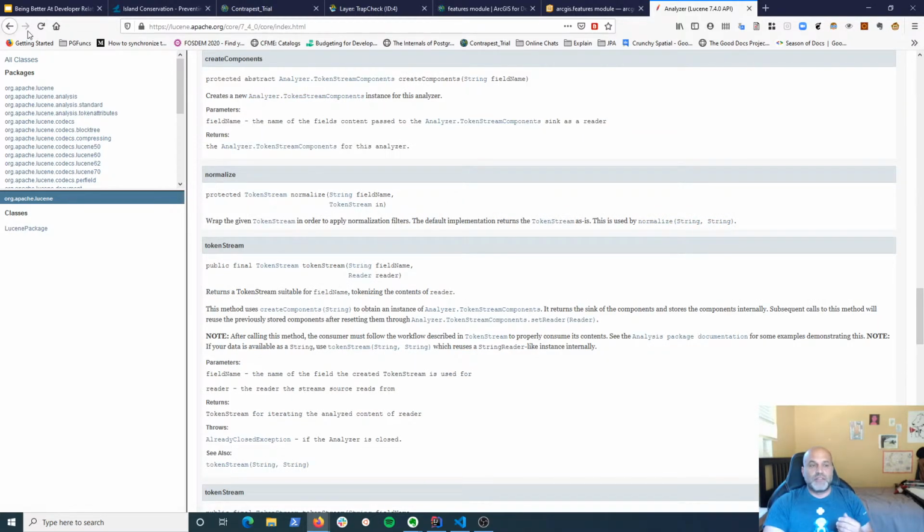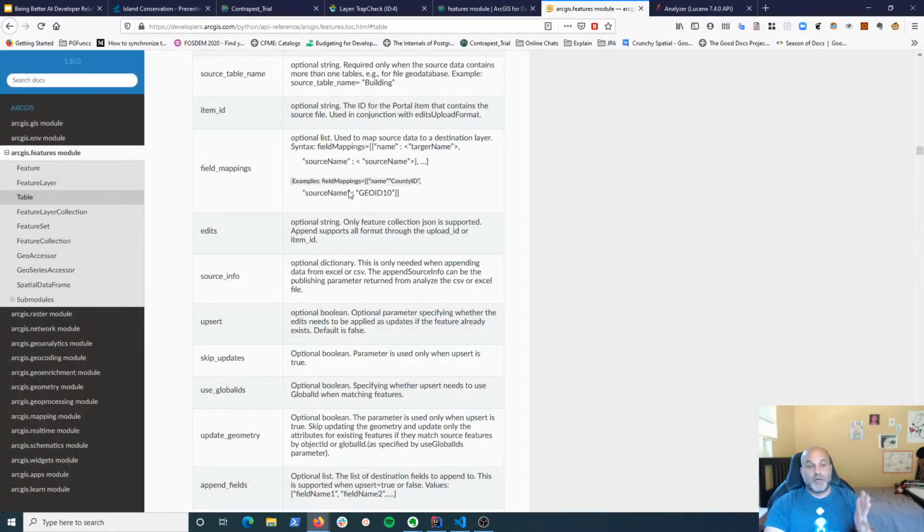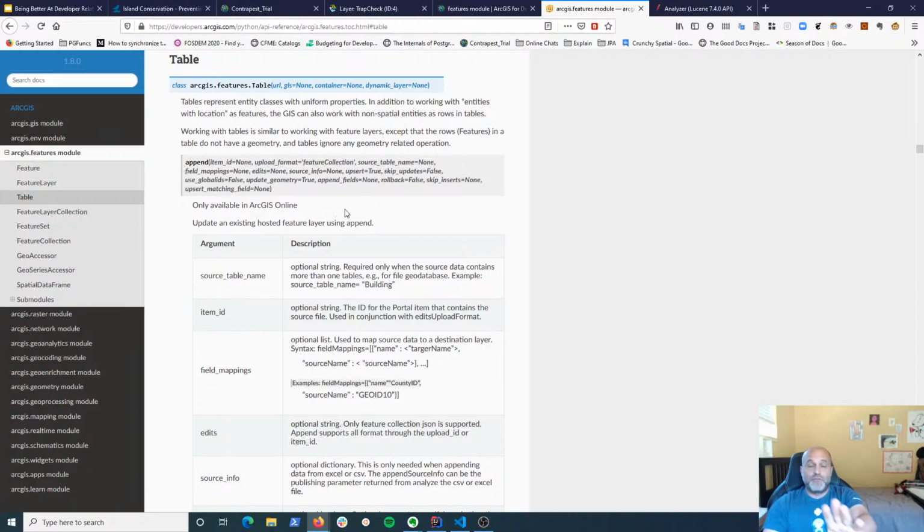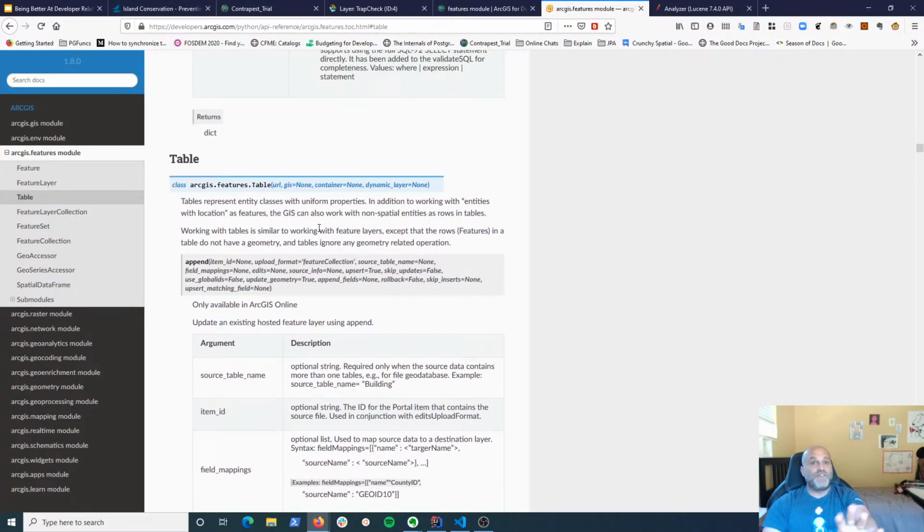But I can look at all the methods and signatures without having to scroll through. This bugs me about Python. This is the Python way. So I will also compliment Esri for doing a really good job on their Python doc. It follows the Python pattern for doc. It just bugs me as a Java developer that I have to scroll through.